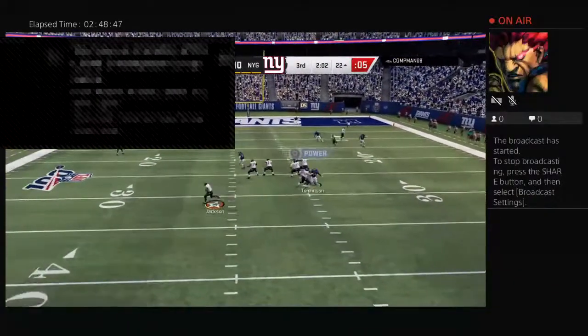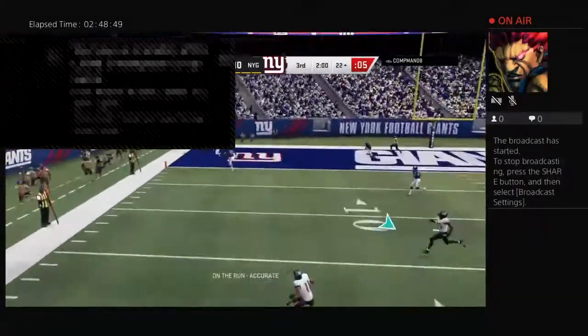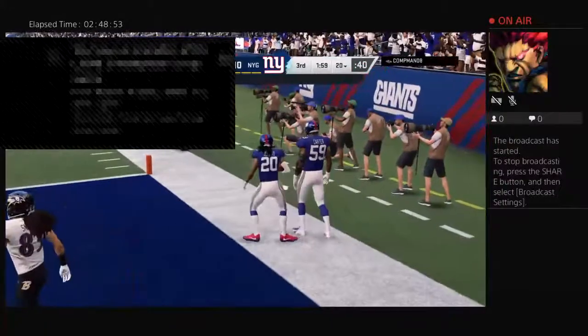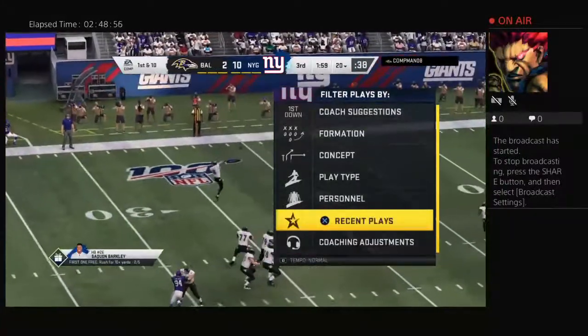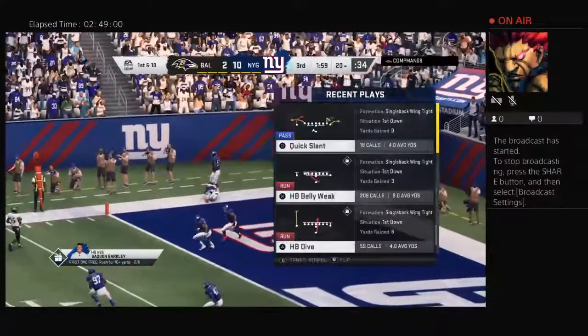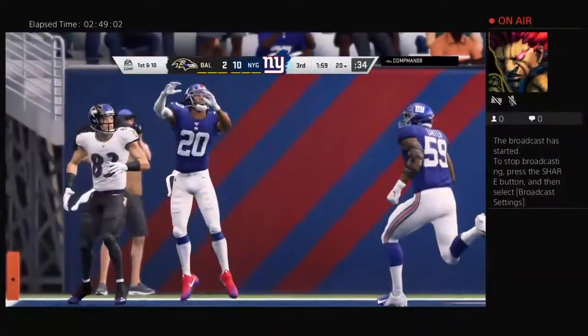Here's Jackson. Buying time to his left. And oh, it'll be intercepted. Picked off by Janoris Jenkins. Well, you were backed up into a 2nd and long, but instead of trying to get the yardage back in chunks, he's trying to get it all back at once. And this defense